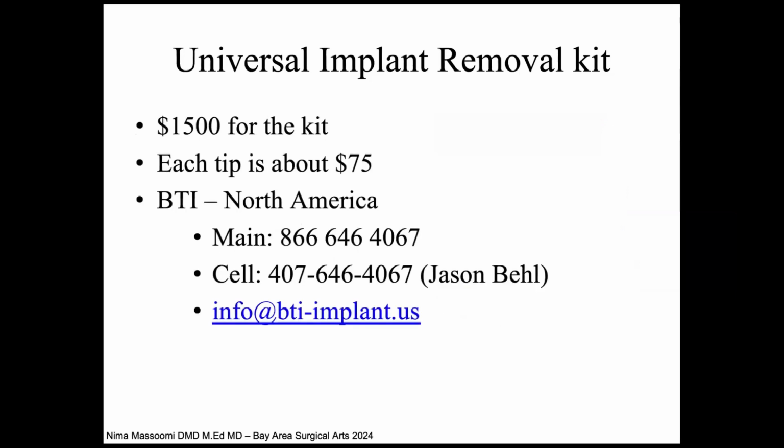Okay. The kit itself is $1,500. Each tip is $75. And if you guys are interested, I'm sure you can look these people up online, but it's BTI North America. So yeah, I highly, highly recommend that if you guys are doing a lot of implants, to please have this